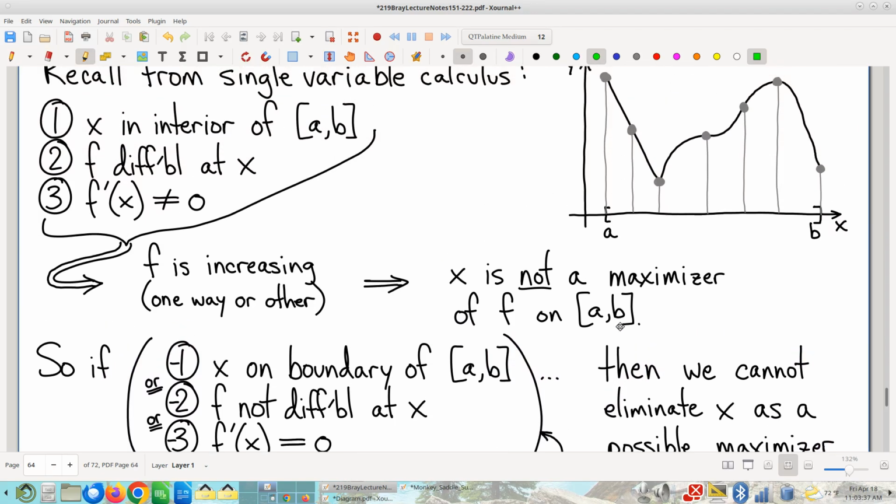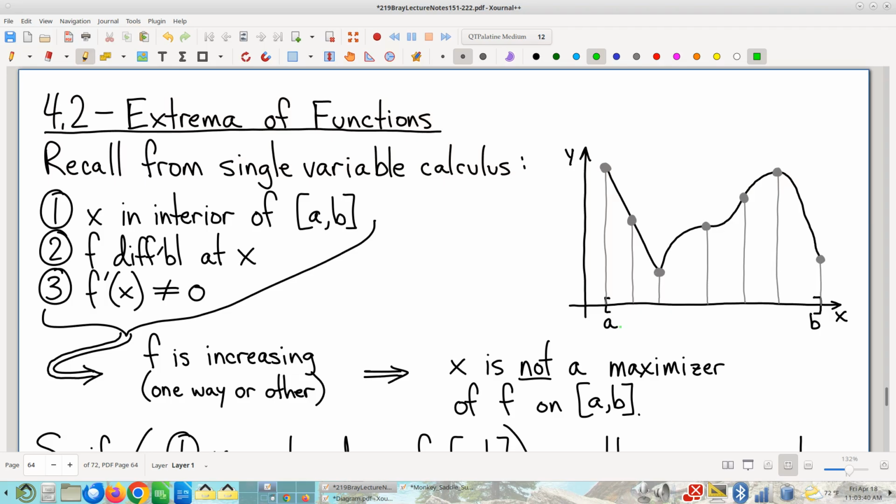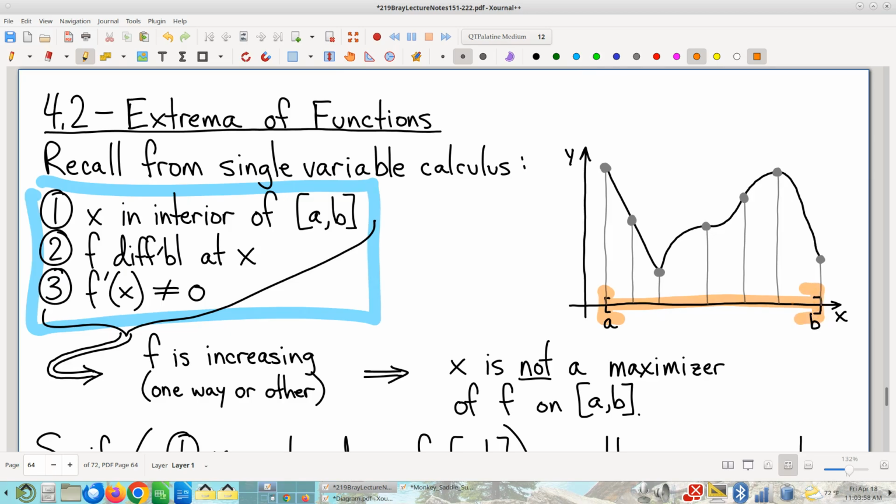Now, what do you mean can't eliminate? What's this eliminate business? The actual active mathematical reasoning that we do when we do optimization is an elimination process. There's a list of conditions that I can write down for a point in an interval. By the way, let's consider this interval right here from A to B. There is a list of conditions I can write down, and let's think about that point right there, for example. If a point in our domain is comfortably in the interior, it's not an endpoint, if the function is differentiable there, and if the derivative is not 0,